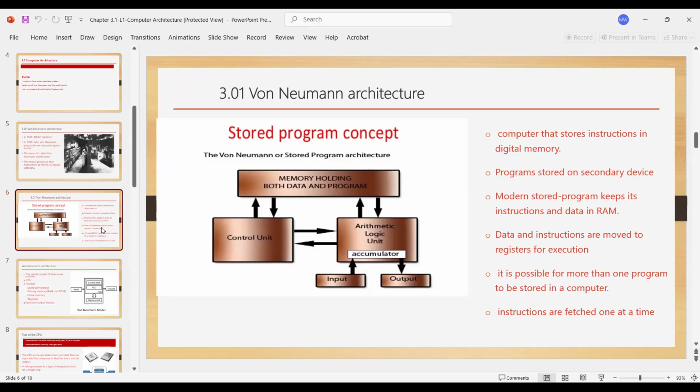So this was basically the structure of John von Neumann. He gave this idea of the stored program concept. And the stored program concept means that you are using a digital memory, you are using a secondary memory, you are using a stored program computer for working out with your RAM, ROM, you are working for your execution like this. Now,